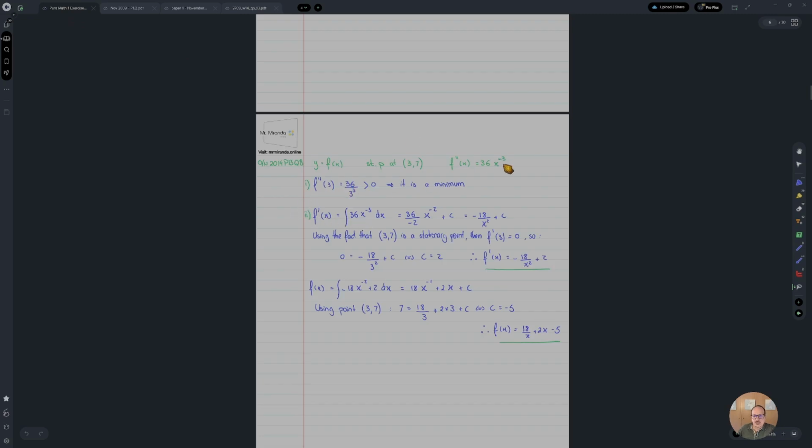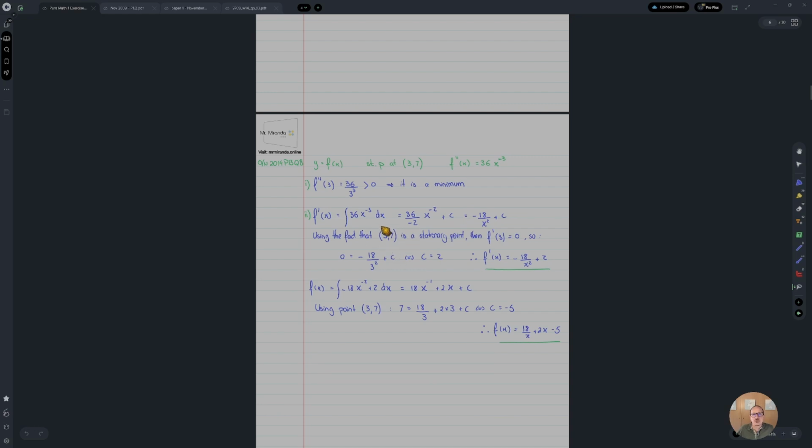You are given an expression for the second derivative. How can you get an expression for the first derivative? Well, integrate this. You integrate this function and you get this one again, the general solution with the arbitrary constant. And now what point do you use to get the value of the arbitrary constant? It's not this one, all right? This is a point that belongs to the line, not to the expression of the gradients, which is this one. What do you use instead? You use the fact that this point